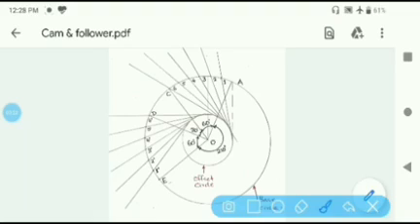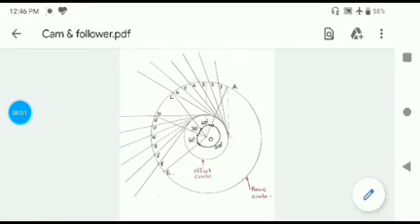From 6 prime you draw a line tangent to the offset circle. The only thing you need to be careful about is that you extend this line beyond the base circle, like what I have done here. After drawing all the tangents from the periphery of the base circle to the offset circle,